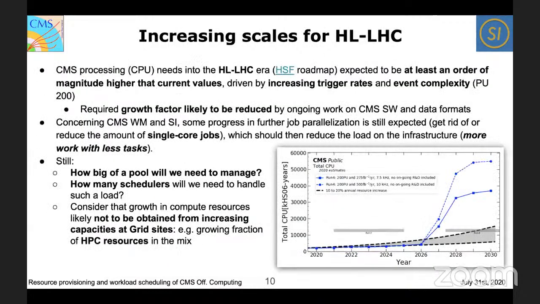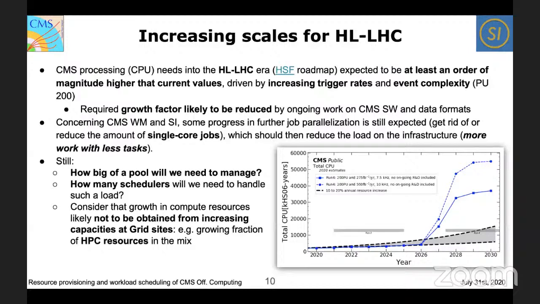So this has been the growth so far, but of course, if we look into the future, especially for the High-Luminosity LHC, this is a well-known story. In the case of CMS, the current projections anticipate at least an order of magnitude higher processing needs than the current values. This is increasing due to increasing trigger rates and event complexity, with pile-up 200, for example, as a working scenario. This growth factor is probably going to be reduced because there is still ongoing work on improving the software and the data formats. But nevertheless, we need to consider that there will be a substantial growth in the amount of resources, and how this will affect